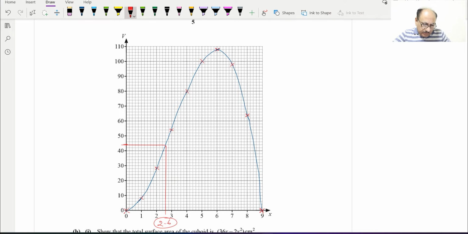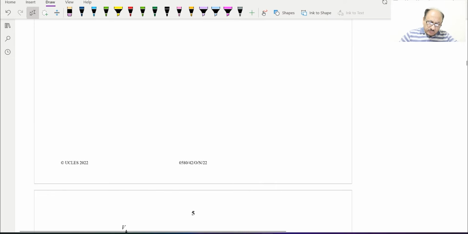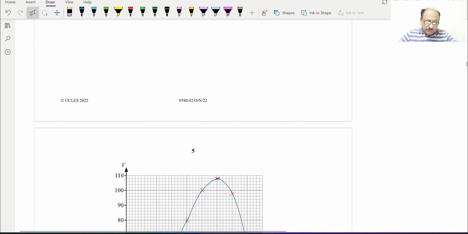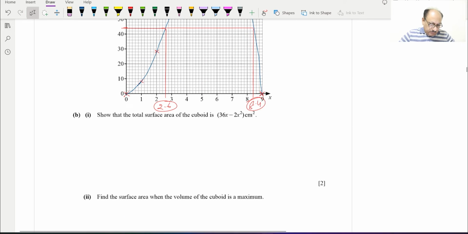And the second point also, we can extend this reference line and we can take from here, and this will be basically 8.4. So 8.4 is this one. So 2.6 and 8.4. This will be the answer for 2 marks. Hopefully you understood this. Now next B part, show that the total surface area of the cuboid is